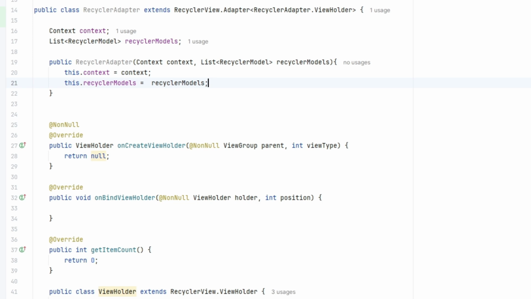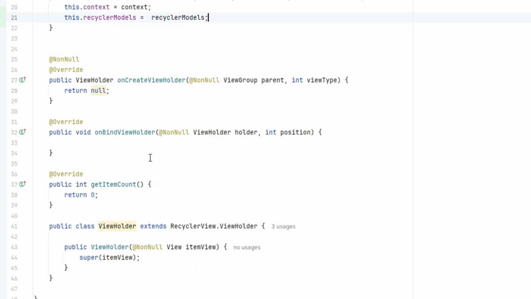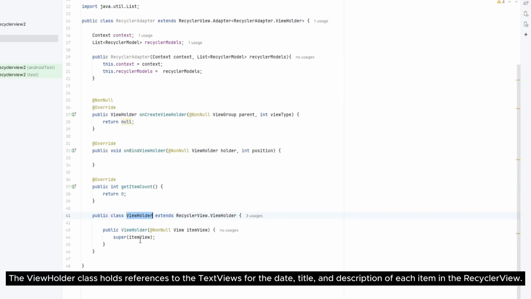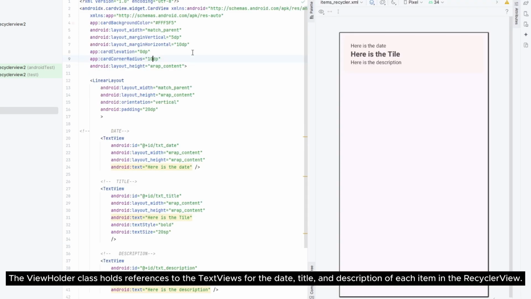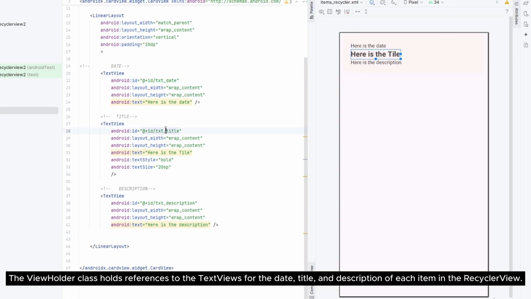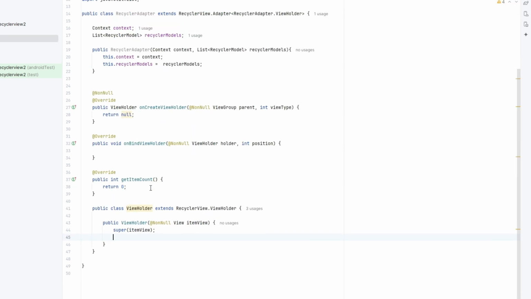Now we can go to the ViewHolder class. Like I said ago, we can go back to the items recycler view and remember the variables that we can use in our adapter. So we can copy paste this.